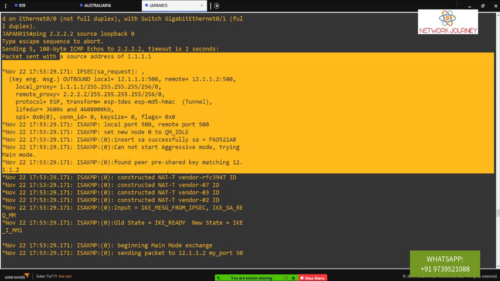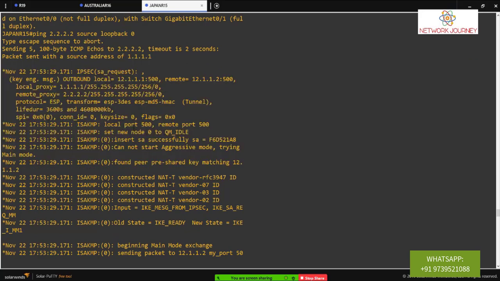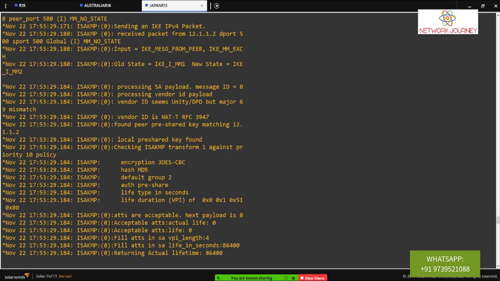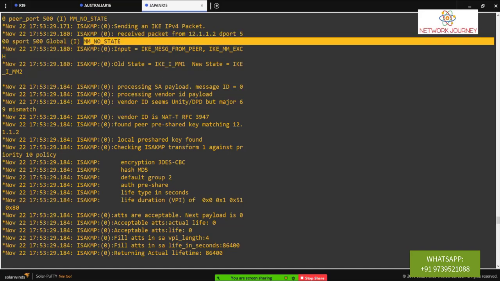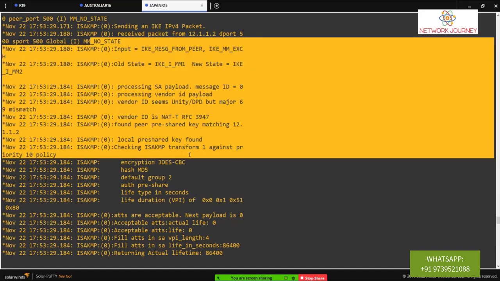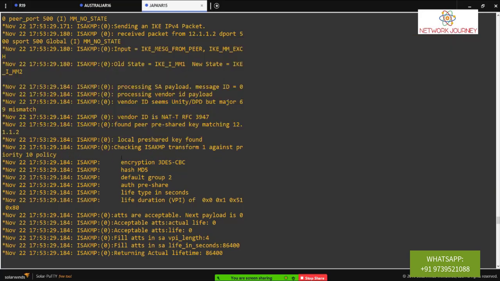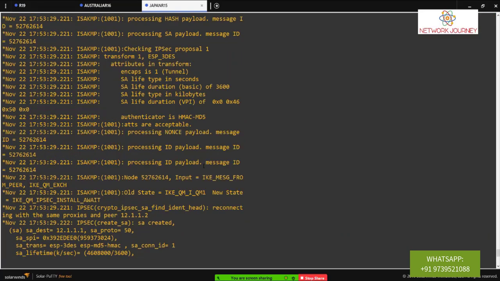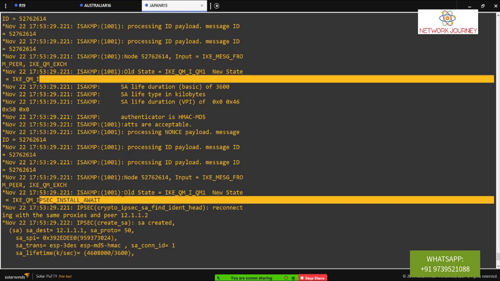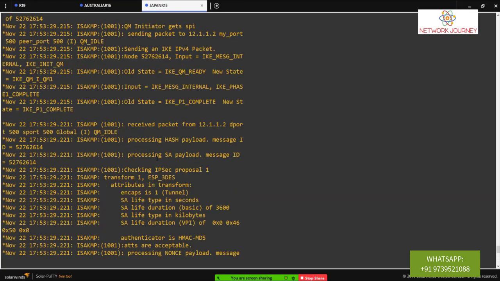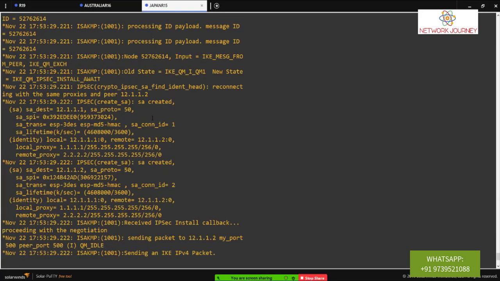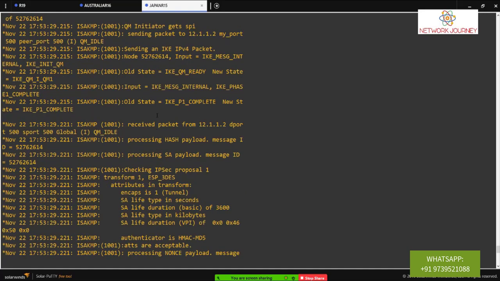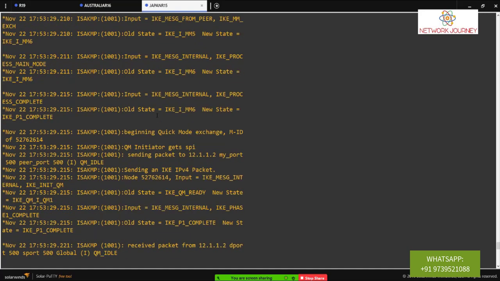So let's start from this. All the first phase things are happening. You will see the mode, main mode, not QM, which will be coming up. So you can see the 6 messages have to be transmitted and negotiated. You can see the parameters getting negotiated. Over here you see message 1 installed. Similar way you will see message 2 good, 3 good, 4 good, 5, 6, and then phase 1 is up. So you should get that message saying that phase 1 is up,